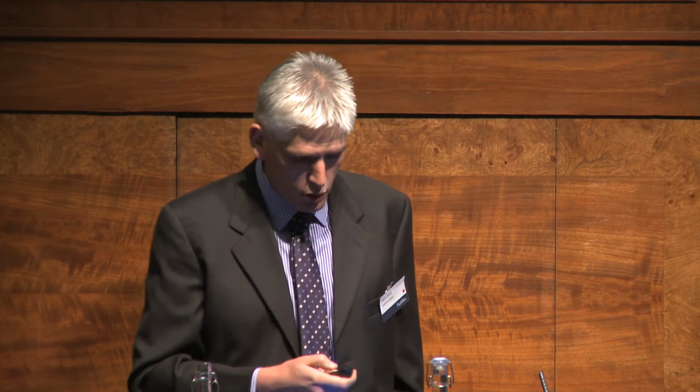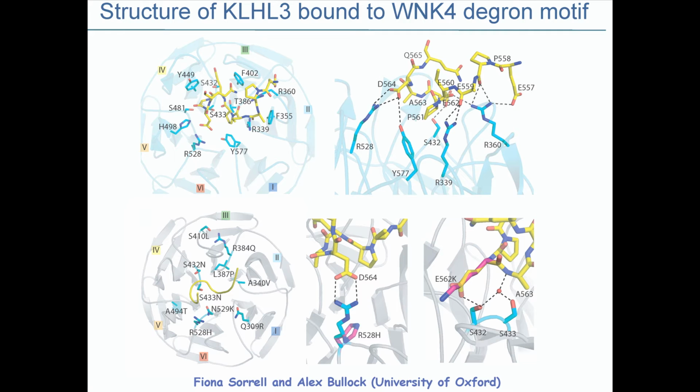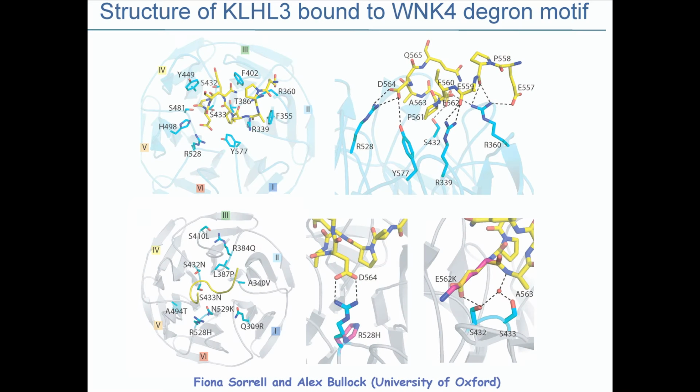and more recently, in collaboration with a group of Alex Bullock and Fiona Shorell at the University of Oxford, we've been able to crystallize the KLH3 bound to the Wnt4 degron motif. And it turns out that the 6 KLH repeats form a sort of bowl-like structure with fingers that point up, that form very exquisite, specific interactions with this 9 amino acid acidic region. And what's very satisfying is that many of the key interactions that enable this degron motif to bind to KLH3,